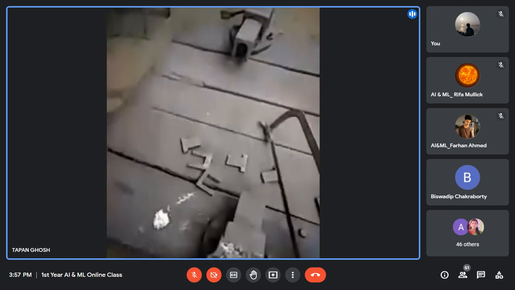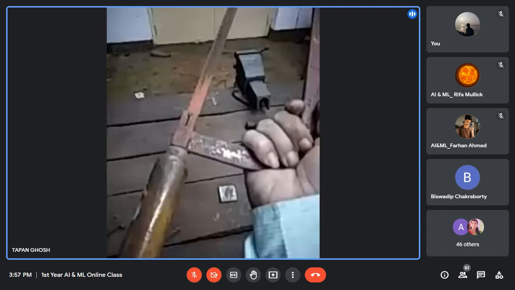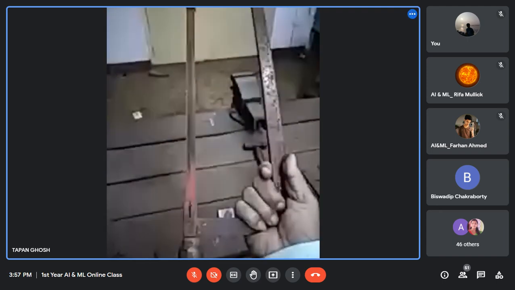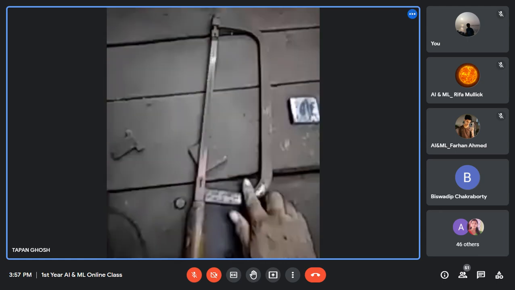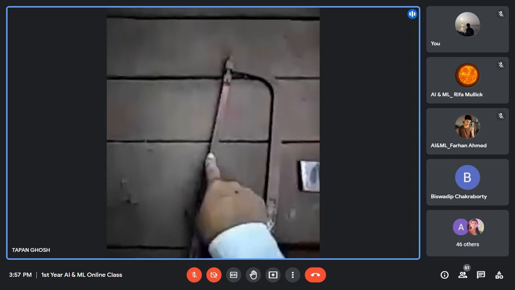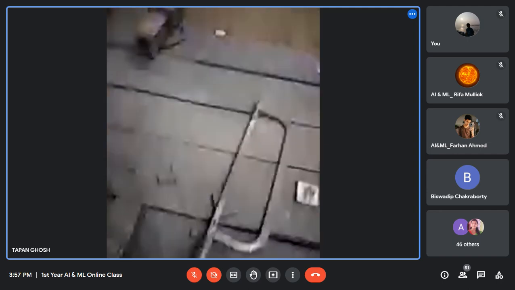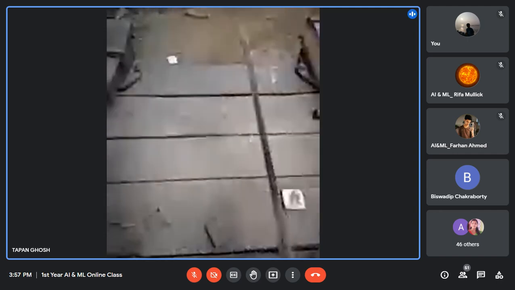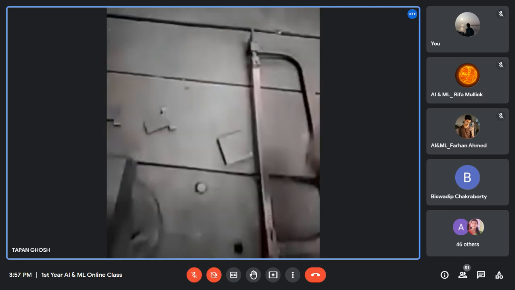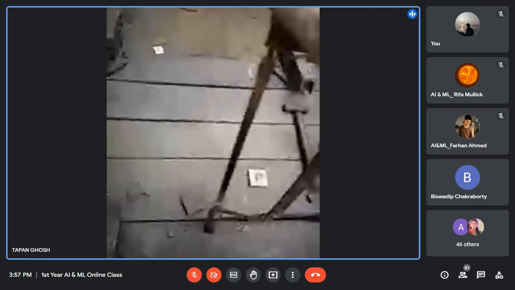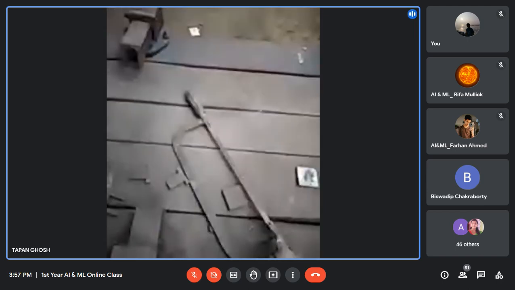Then I will show you the cutting instrument. So this is called hacksaw. Students, you see that? So this is the handle. This is called the frame, and this is the blade. The blade is fitted on the frame. So you can easily dismount it by rotating this wheel, this nut, and you can easily change it.